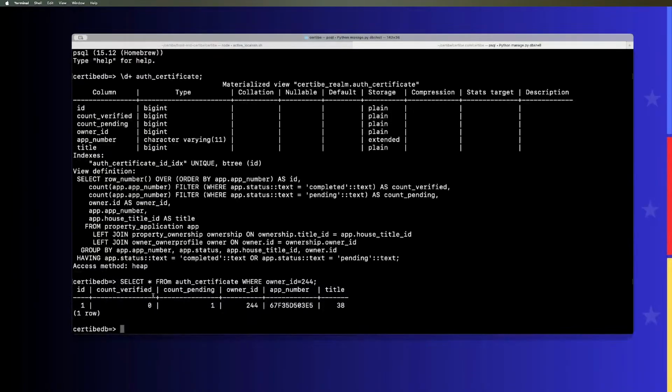As you can see, the owner ID has 0 completed and 0. It has 1 pending. Yeah, this application number does not make sense because